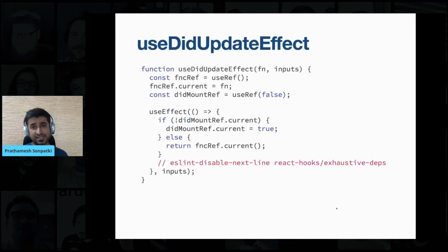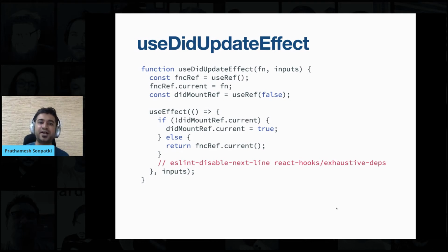The first hook that I will talk about is for when we don't want to use the useEffect hook. Sometimes, when we are populating the state from the URL, we don't want to run certain useEffects on first load, when the component gets mounted for the first time. We only want to invoke them when the user takes some action after the page is loaded. So in those cases, we don't want to use useEffect on first mount.